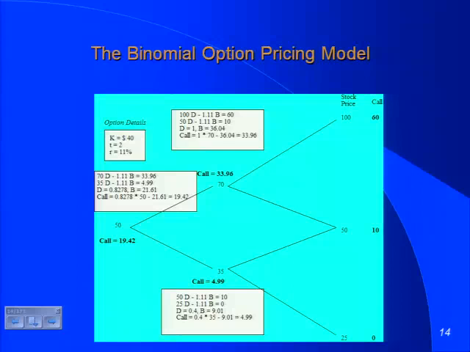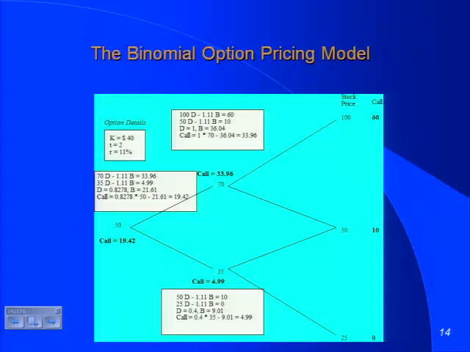If the stock goes to 35, here's what my replicating portfolio will require me to do. I have to borrow $9.01 and buy 4/10 of a share. Don't even ask me how I buy 4/10 of a share, but I have to buy 4/10 of a share, which costs me $4.99. So you know what I've solved for right now? I can now give you the value of the call if the stock goes to 70, it's $33.96, and the value of the call if the stock goes to 35.